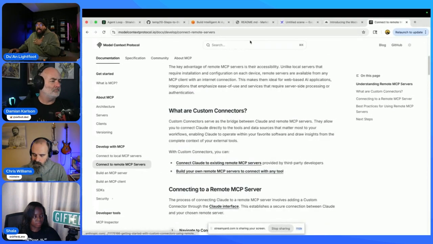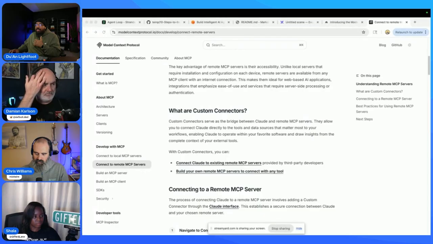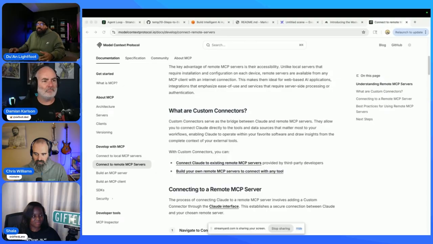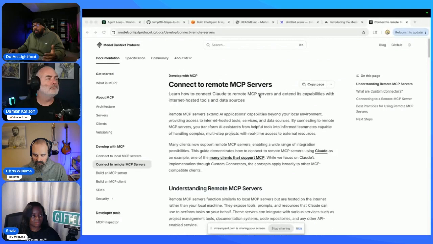I'm of the idea of building my own MCP servers or using one that I would say I trust. I don't just plug them in. I know a lot of people say, hey, they got an MCP server for this, and they plug it in. I don't do that. I build it on my own. Even if I just vibe code it, I know it works because I understand how to write software. I just don't mind using AI to do it. So that's the way I would approach MCP servers.